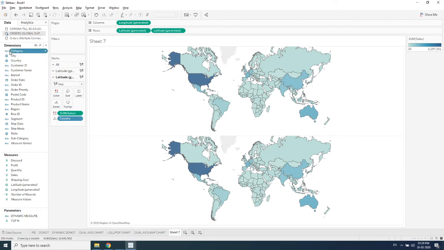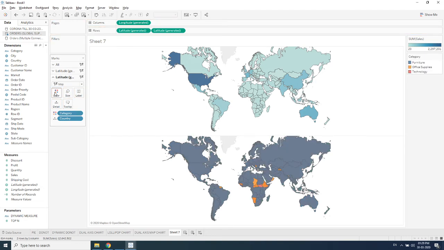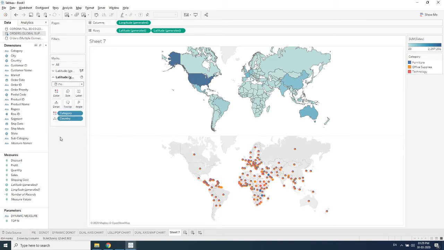pick category and keep it over color. When you pick category and keep it over color, you can see that your map chart will be created with 3 colors, and from map make it pie. So now you can see that your map chart is created as a pie chart. It will have various pies in it. Now, as you want to give the angle with the help of sales, pick your sales and keep it over angle,